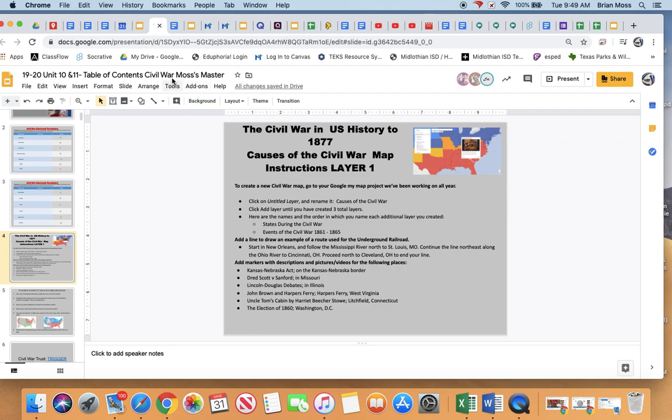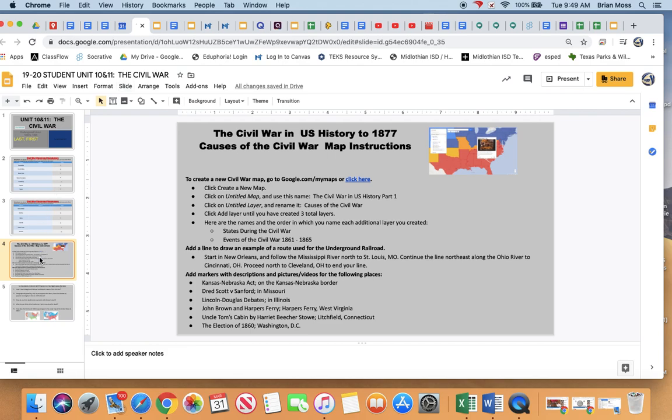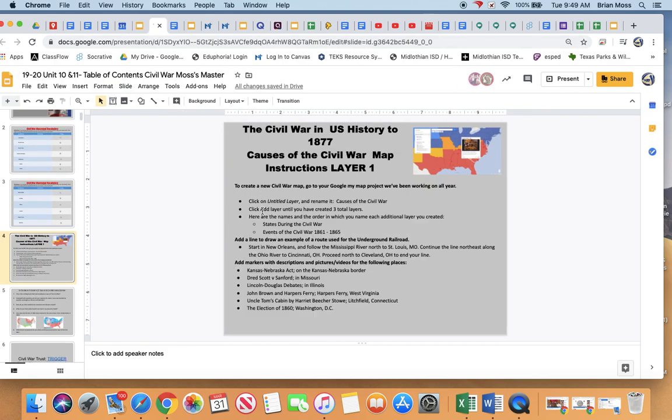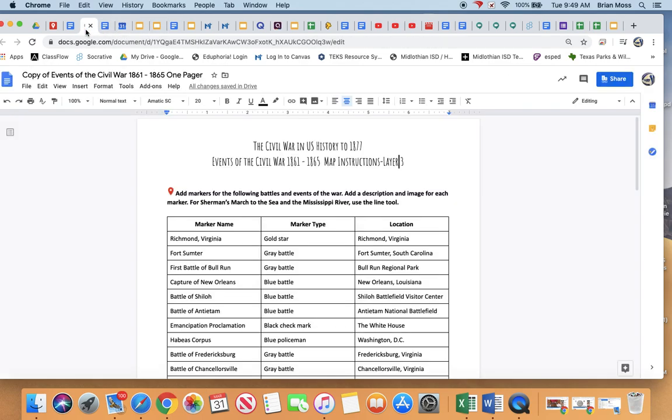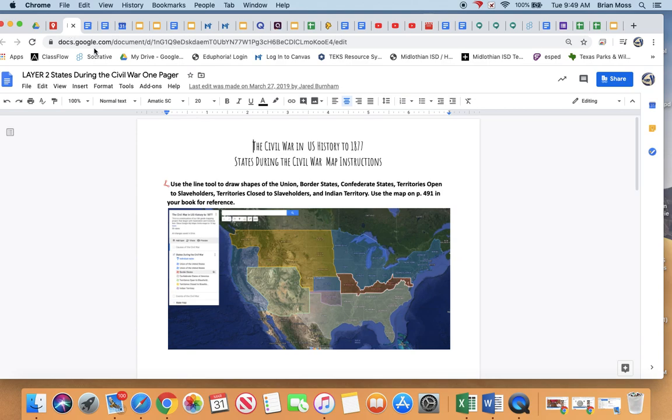This is my slide. I need you to replace slide 4 with my slide 4 because I've updated some things in there, if you would like to. So this is layer 1. Layer 2, let me see if I can find it real quick. Layer 2 is right here, which is going to be outlining the shapes of the Union, the border states, the